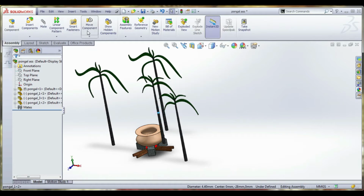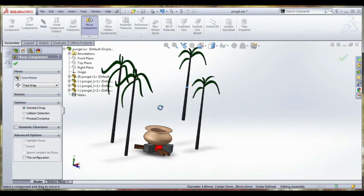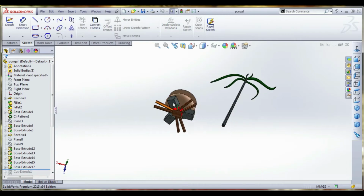Can move. Click the move command. Go to move. Before that, going to open the first component, the sugarcane with Pongal part, and select the bottom surface and edit